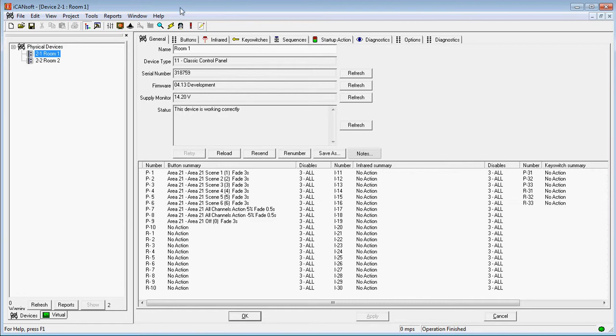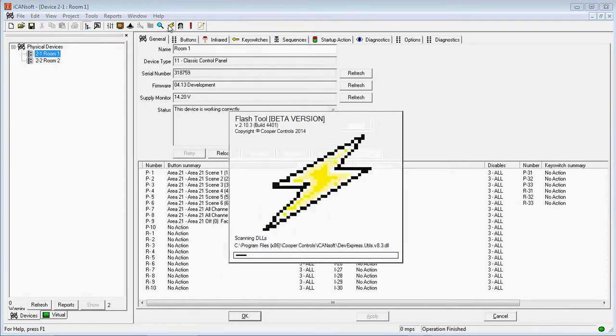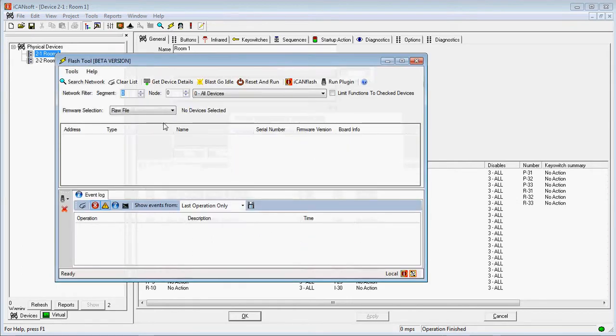We can update this using the flash tool, so we click on here and this will open. This is within your iCanSoft, and then a couple of options here. Most times what we can actually do is just simply search the network and you'll see all of the devices. I'm going to just change this back to all matching, which is where it normally opens up, and so let's